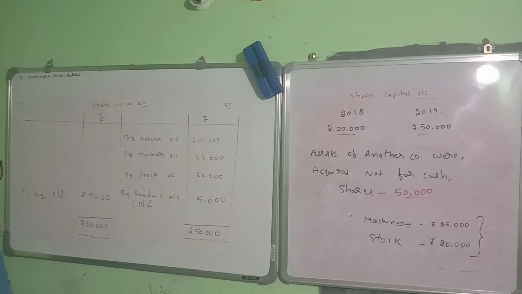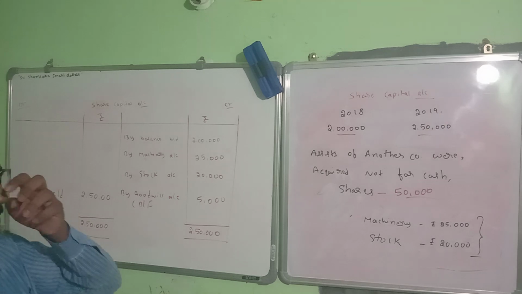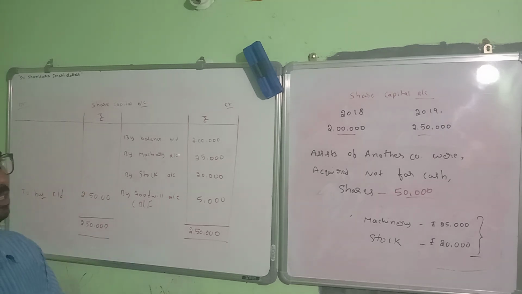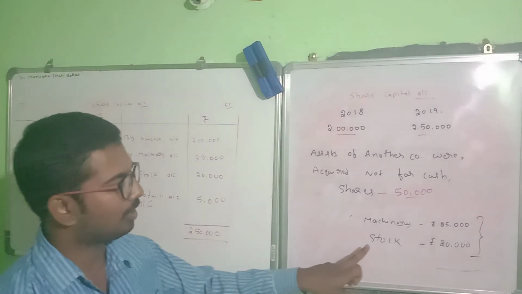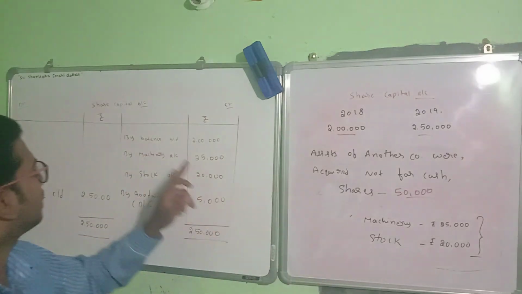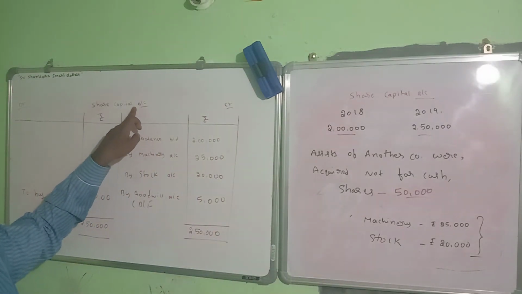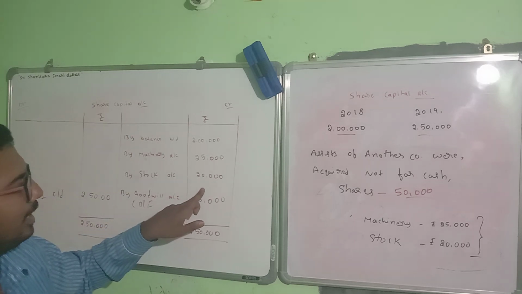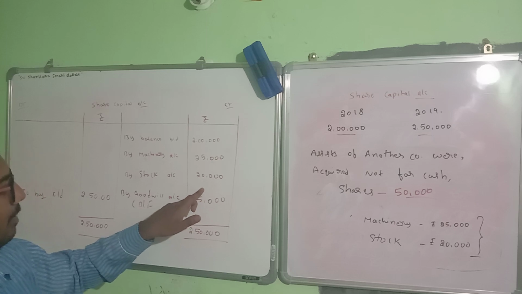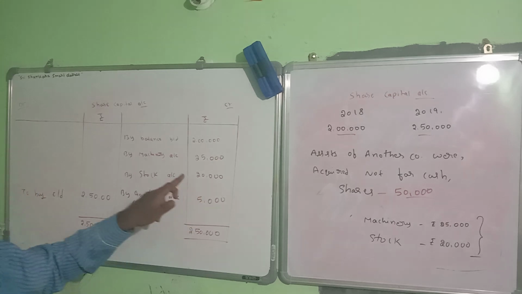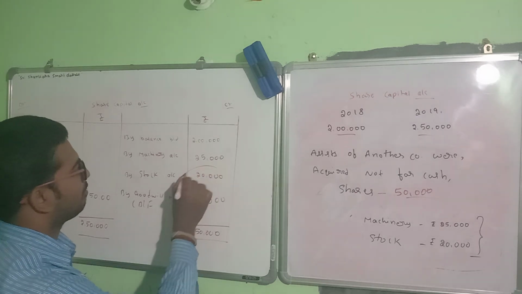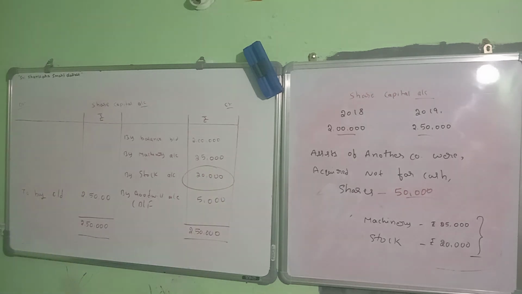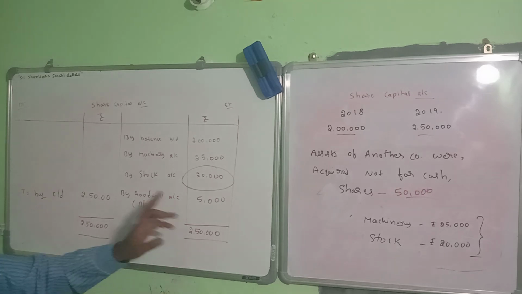And how do you post the entries? As told earlier, any transaction between two non-current accounts does not lead to any inflow. When the transaction happens between a non-current account and a current account, share capital is non-current in nature, that means it's a capital account, and stock is a current account. It leads to inflow, that means an increase in value. So you should record it. Issue of share capital leads to some inflow of cash. So in financing activities, only record issue of share capital for stock, that is 20,000.